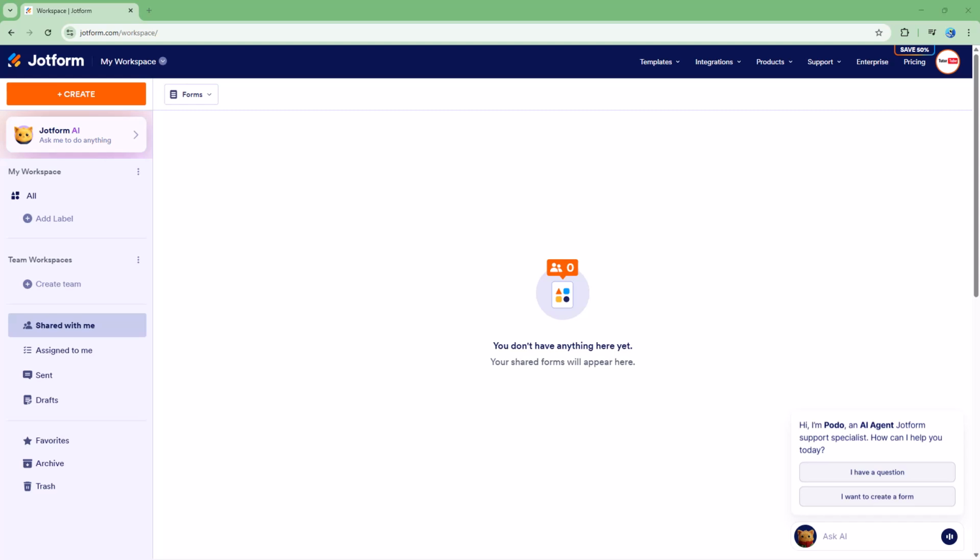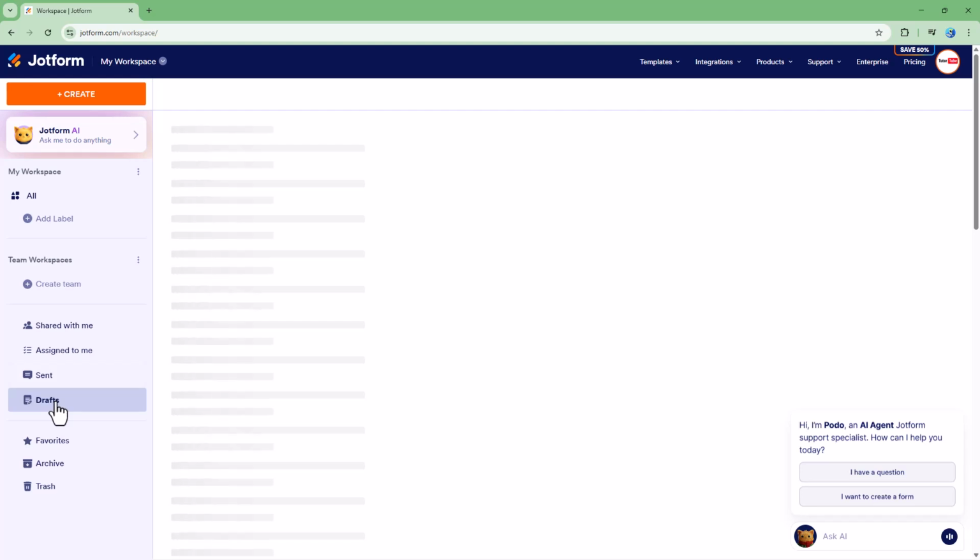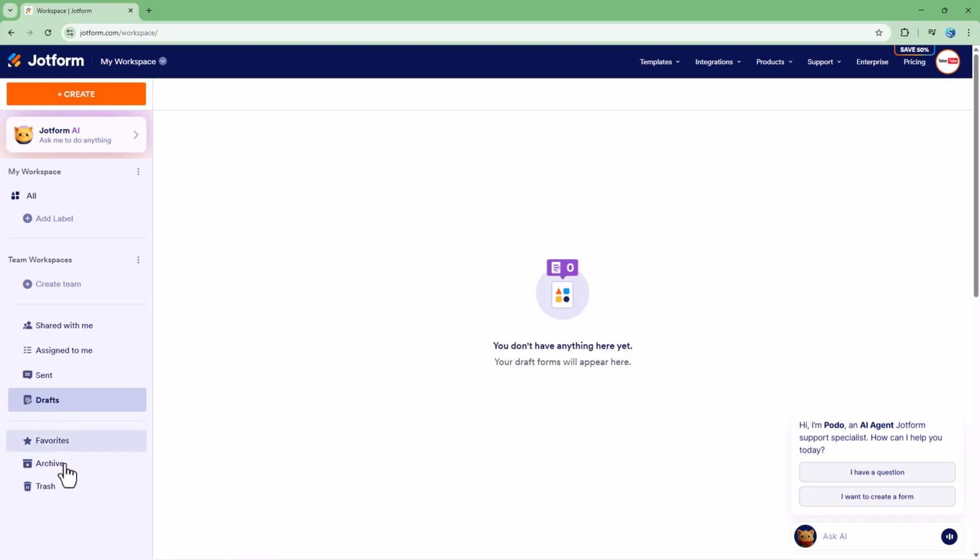So once you log into Jotform, this is what you see in the dashboard. Over here on the left hand side, you can see the Shared with me and Assigned to me section, where you can track your tasks. You can go ahead and see what you have sent and the drafts that you have made as well. Apart from that, you see favorites, archive, and tracks right here, and the labels over here on the left hand